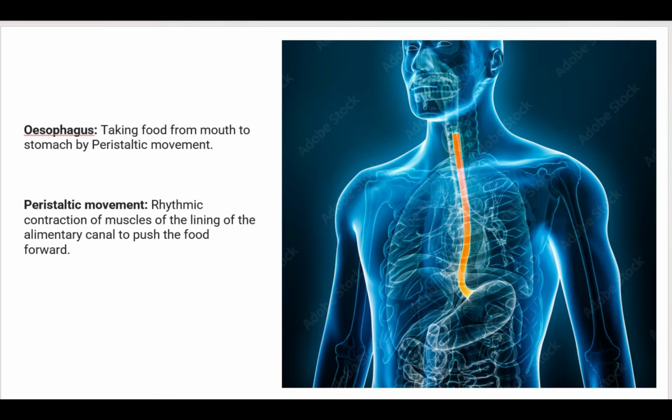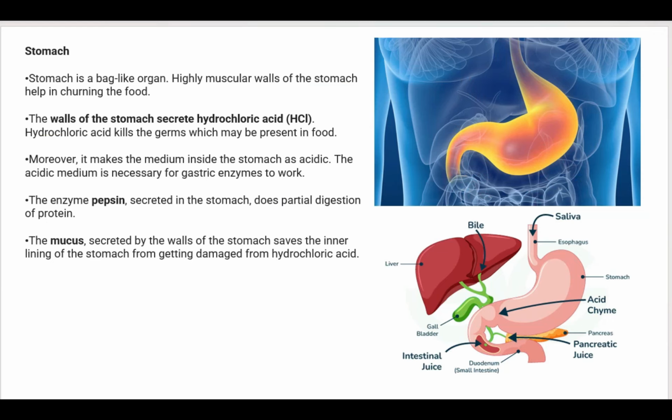Okay, then the food enters into the food pipe, which is known as the esophagus. Through the esophagus, the food will move by a movement known as peristaltic movement. So this is a rhythmic contraction of muscles of the linings of the alimentary canal, which will push the food further down. Okay. Now the